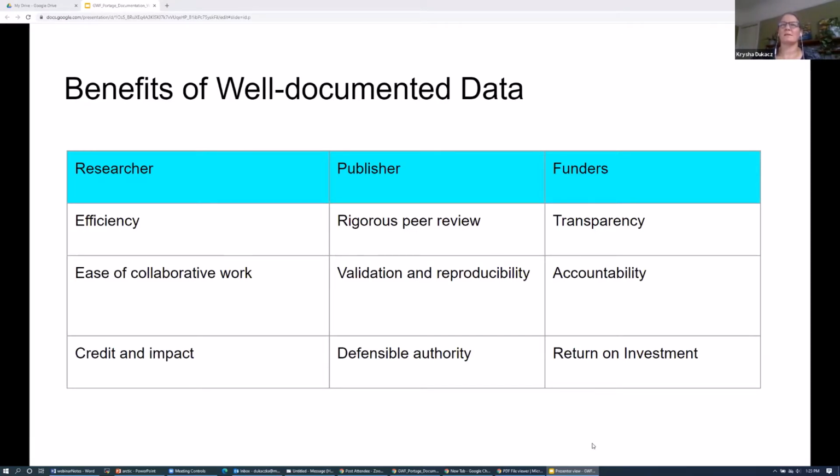Publishing requirements are there to ensure that there's rigorous peer review, that there's the capacity for validation and reproducibility, and so to maintain the journals and publications as a defensible authority. As well, the funders are looking to achieve transparency, accountability, and return on investment. Money that is put into public endeavors, from Open Data Canada to the tri-agency that's funding the researchers at Canadian universities and research institutions,